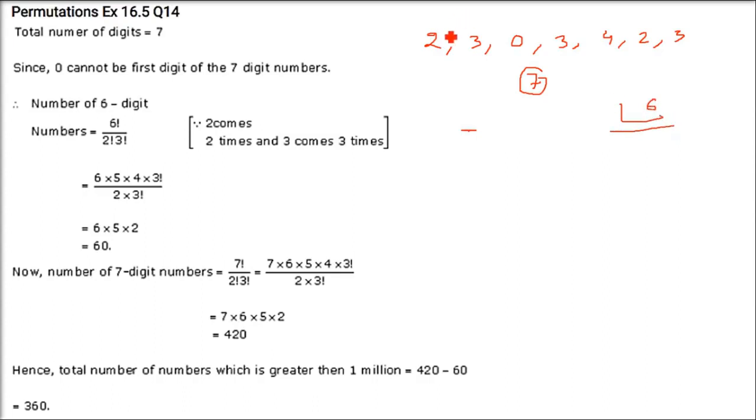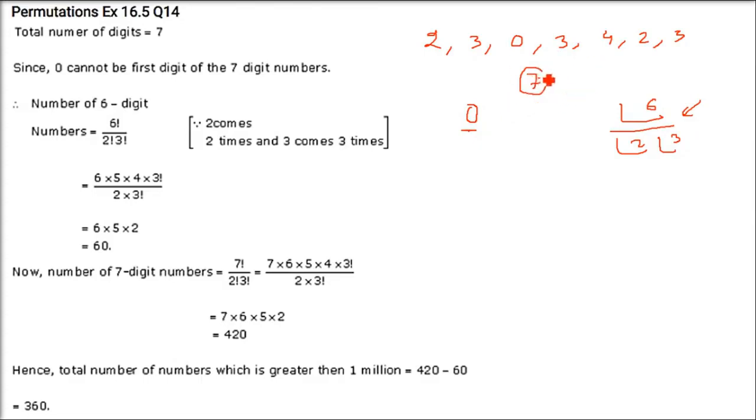So if we take 0 at the front, we fix 0 and factorial 6 are there, divided by factorial 2 for the repeated 2s and factorial 3 for the repeated 3s. So we have fixed a 0 at the first position and taken all others; only 6 are remaining. Factorial 6, with repetition 3 occurring 3 times and 2 occurring 2 times. So these are all the values where 0 comes first.